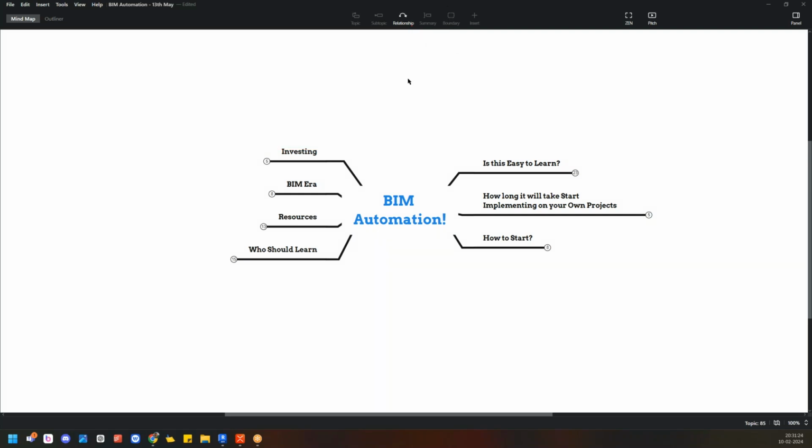Okay, do it. Fine. So, why are we here today? It's because we are offering training services. Since we are an automation company, we have developed a lot of add-ins and customized Dynamo scripts for consultants and contractors, not only for the Revit product but also for other products like Civil 3D, Tekla and different ones. I'm a director of this company, and of course I'm going to be your tutor